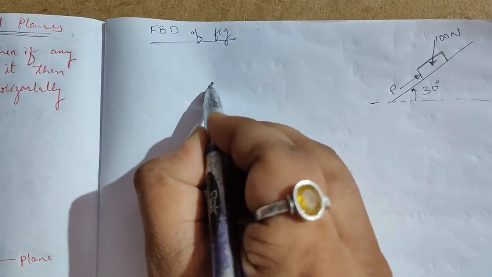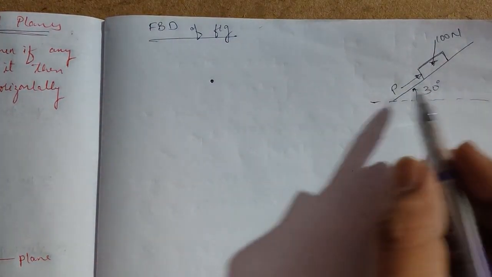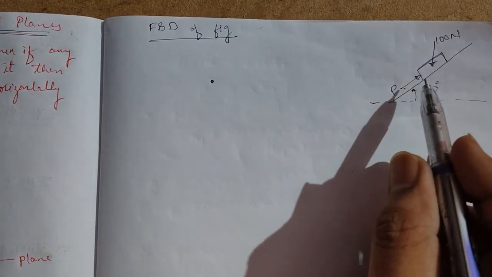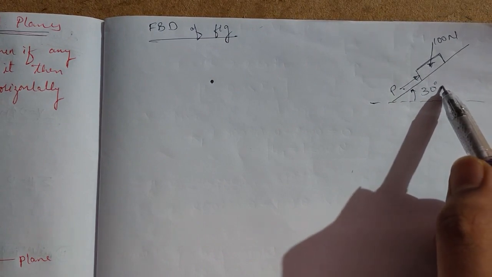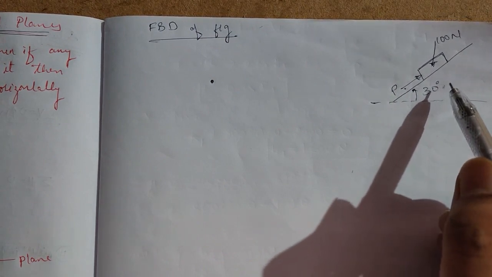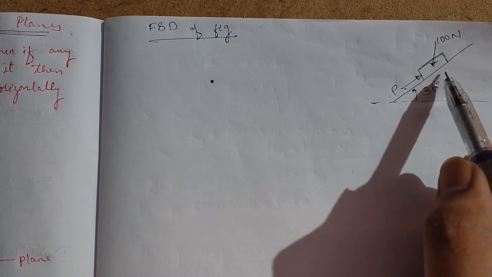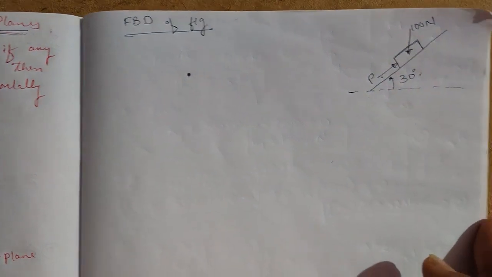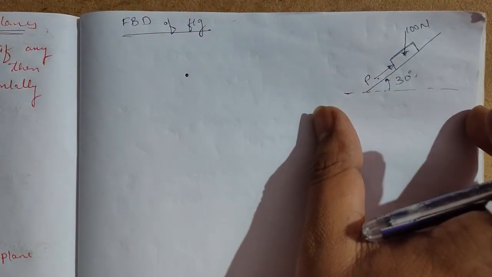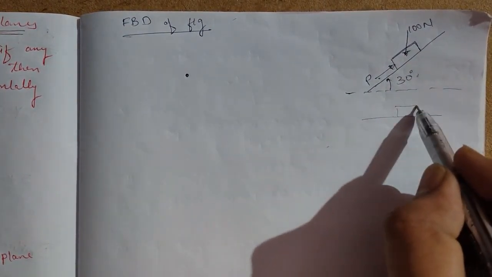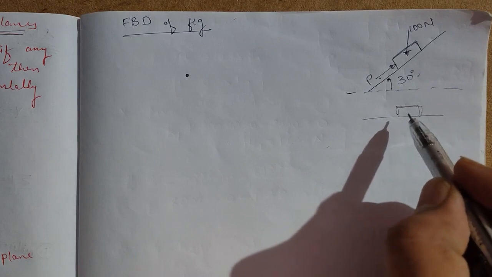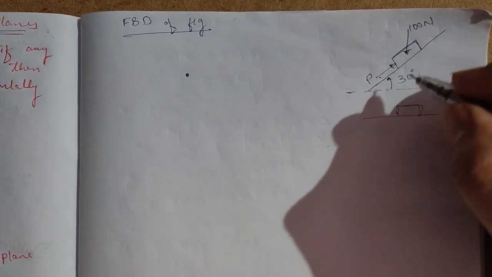So I'll take a point. Fine. Now the value of P. What I do is, this is tilted to 30 degree. Okay, I'll assume that the body is not tilted. I'll make this like this. Okay, the same body I'll take like this. And the figure associated with it I'll write now.